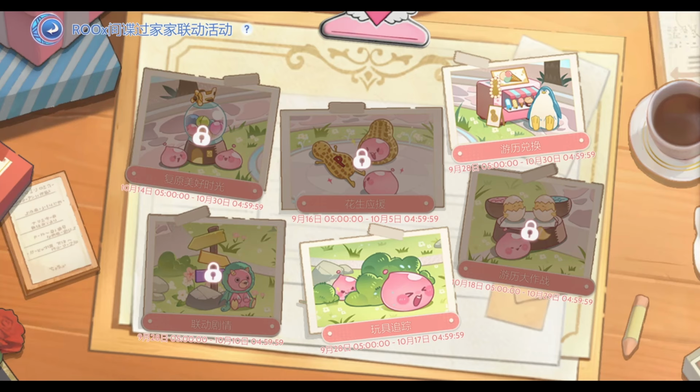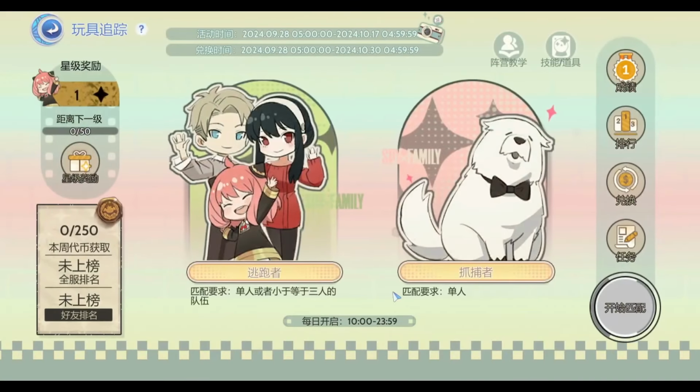Now, the toy tracking event is a Spy Family exclusive minigame that is released along with the collaboration that's going to be available to you guys tomorrow. If you watch this video, you're going to get a sneak peek on what to expect when that event goes live. The toy tracking minigame is very similar to Identity V, Dead by Daylight, or Friday the 13th, where it's an